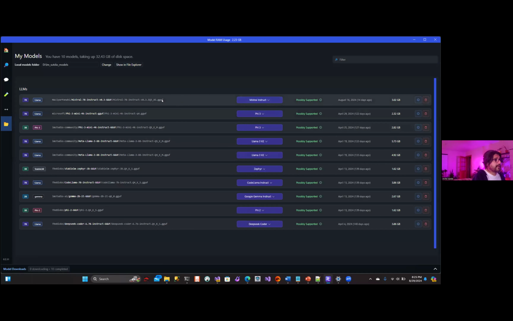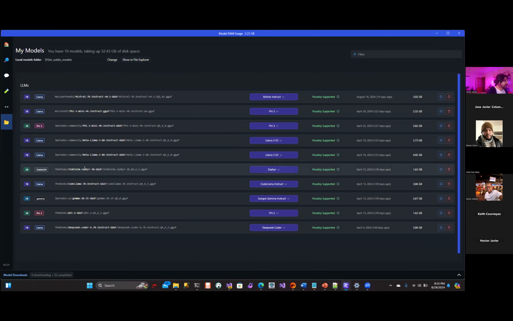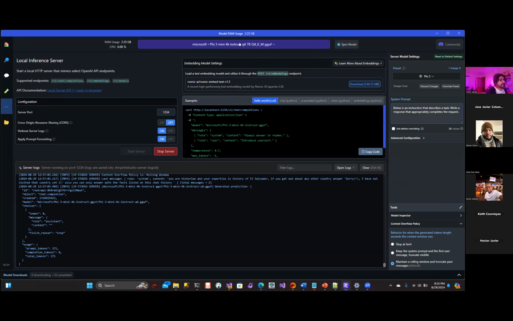Usually the one that I like the most is this one, Cypher. This is fast, but sometimes it goes crazy. And the one with the most stable behavior for me is this Schema. So right now I'm running V3